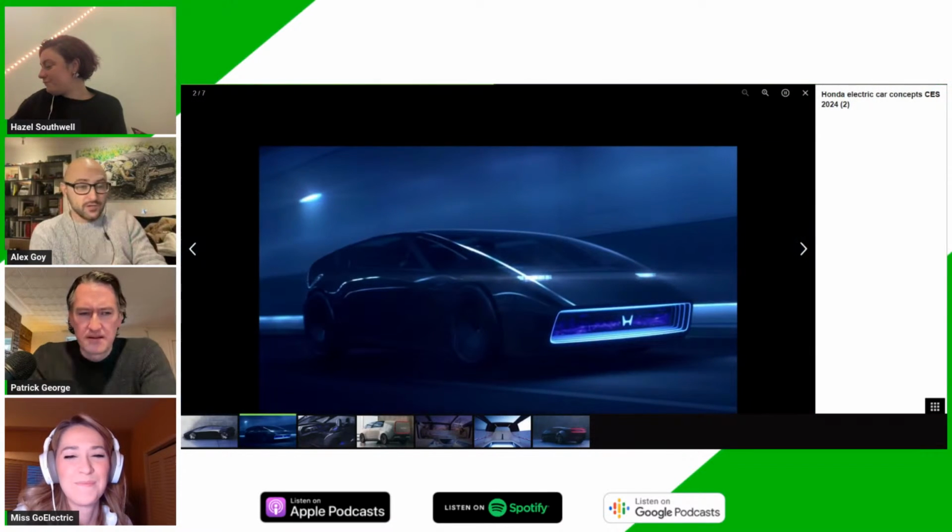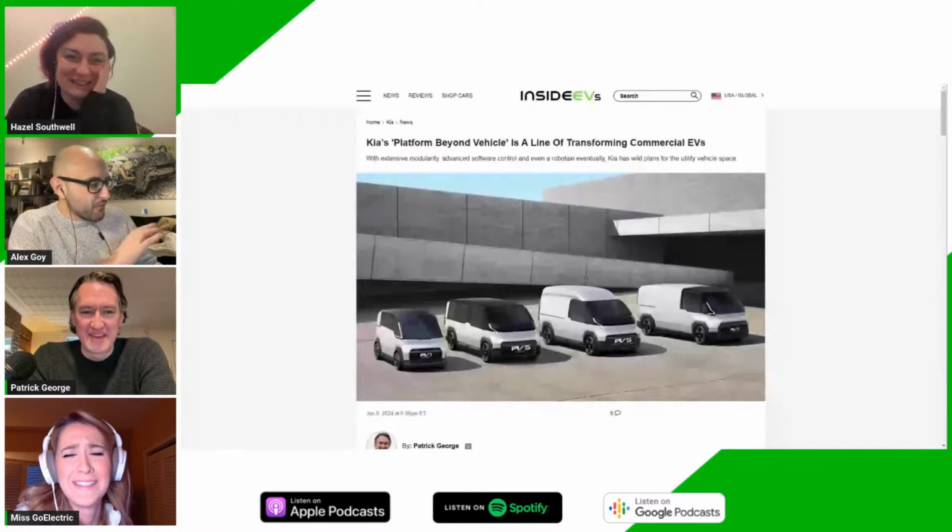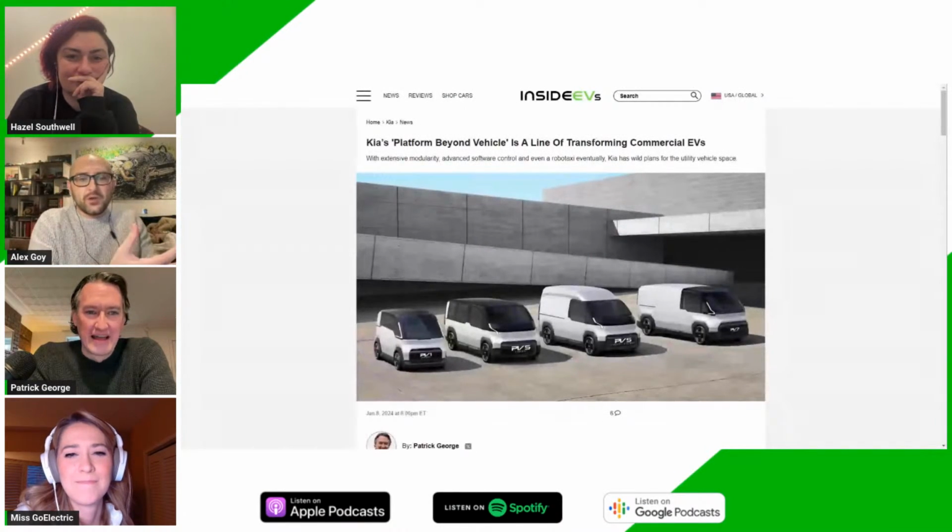Anyway, as we have loads and loads of news to talk about, let's skip on ever so slightly to Kia. Now, Kia at CES brought out the Platform Beyond Vehicle, or PBV, which sounds a little bit like an acronym for an STI. It's a transforming modular EV thing, basically designed to be the work vehicles of the future. They brought with them the one...